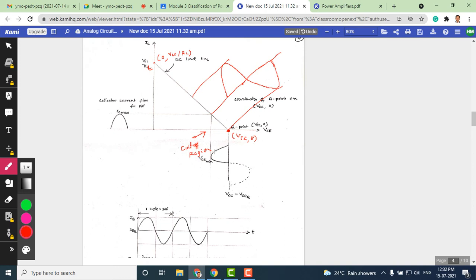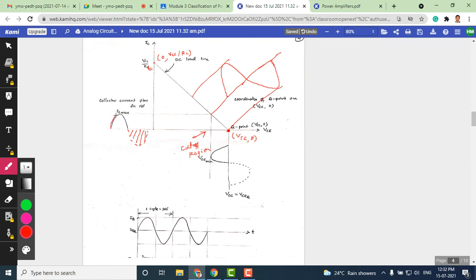But in the negative region, you can see in the collector emitter voltage, since it is in the cutoff, so the negative. But here, in case of VCE, positive cycle is suppressed, whereas in case of collector current, negative cycle is suppressed. So the cycle is suppressed since the Q point has moved to the cutoff here. Due to the cutoff region, the Q point has been moved. So this region we are unable to produce in the collector current, the complete waveform we are unable to produce in the output branch, which is nothing but collector current.